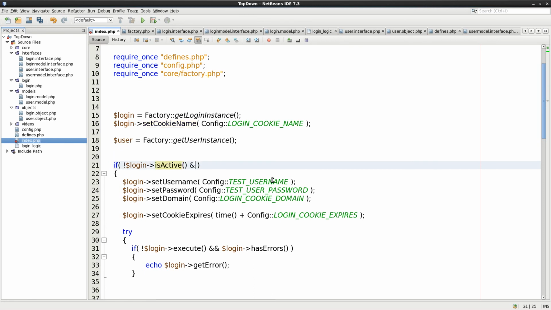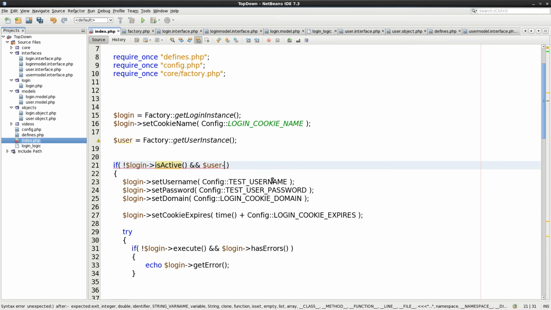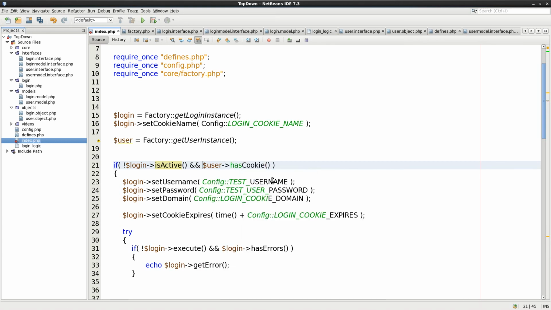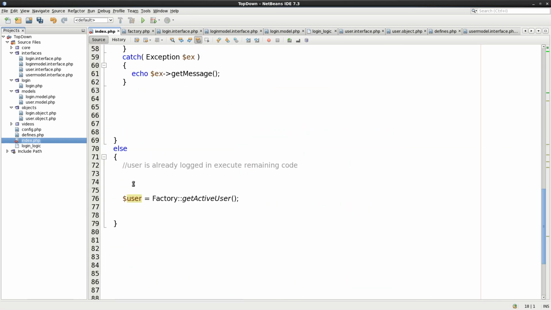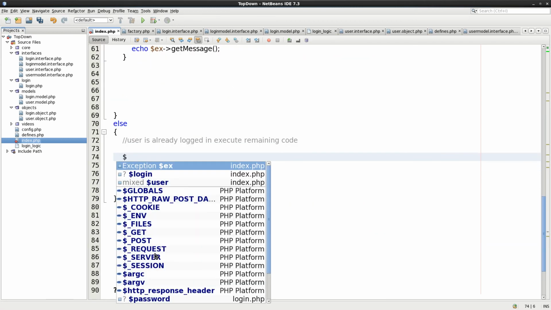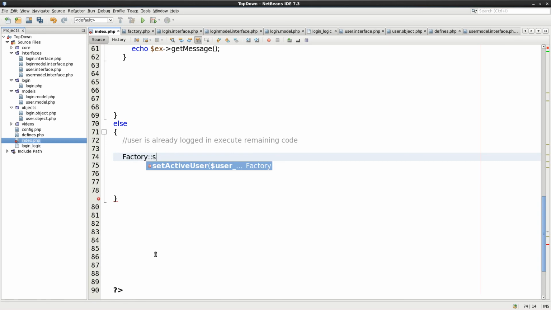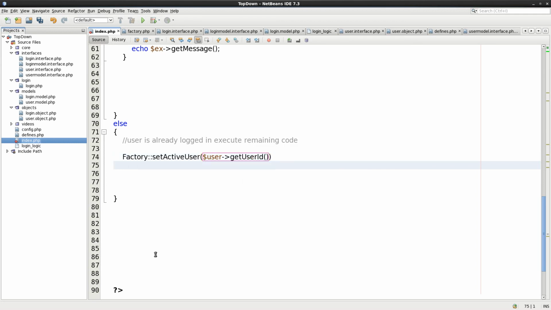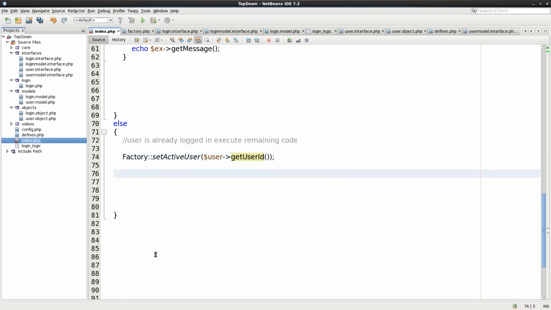Right, so if not active and user has cookie, not user has cookie. So first of all, active is checking whether it's there, one check, and user has cookie. Now we've got a user object up here. We don't need to have, well, if it is, then we can set factory. So factory set active user, so user gets user ID, so we know that that's been set as well, and continue on with the